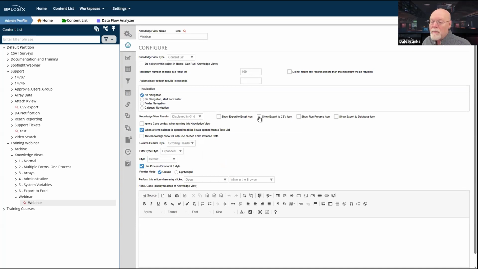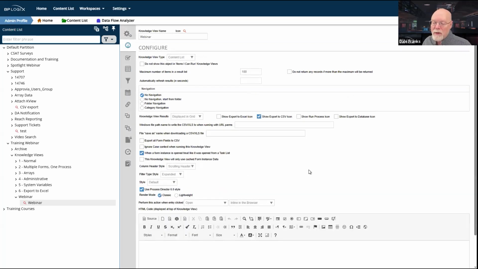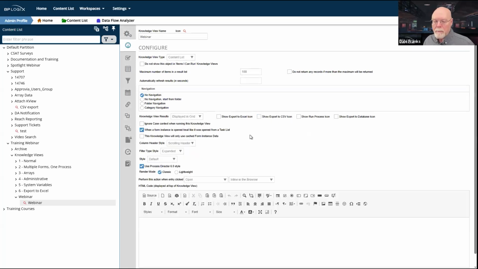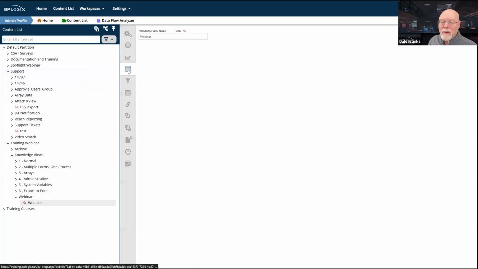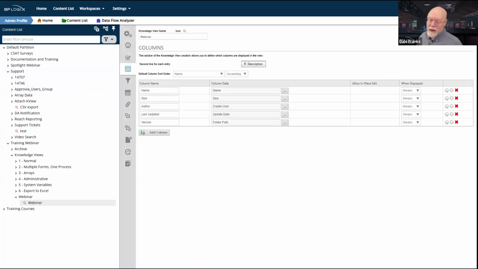That is the default. And in general, if I want them to be able to export it, I'm going to click the Show Export to CSV icon, or Show Excel, which we'll talk about a little bit later. Other than that, there's not a lot on this tab that is super important. I think I've covered the important options that are available to you. So let's move to the next two tabs that are super important, and that is the Columns tab and the Filter tab. Let's start with the Columns tab.